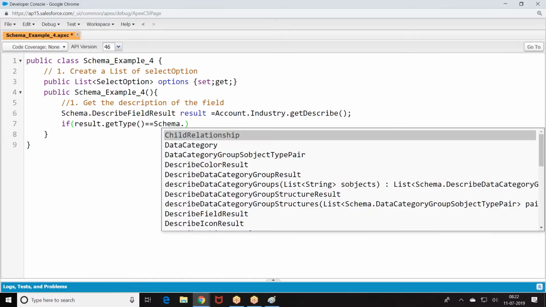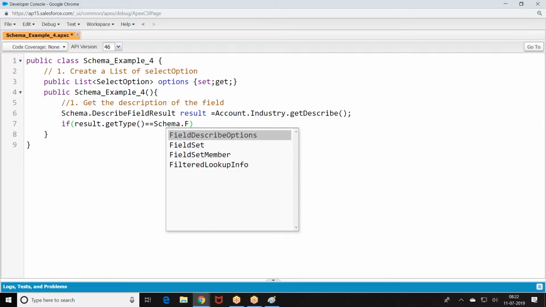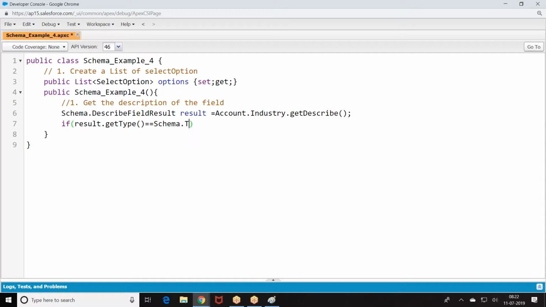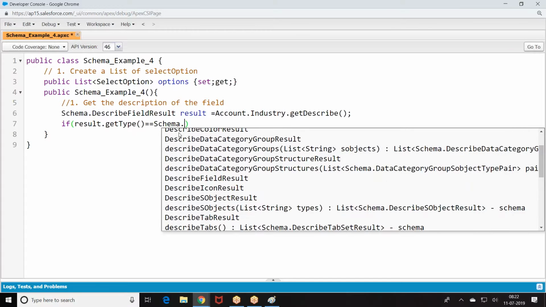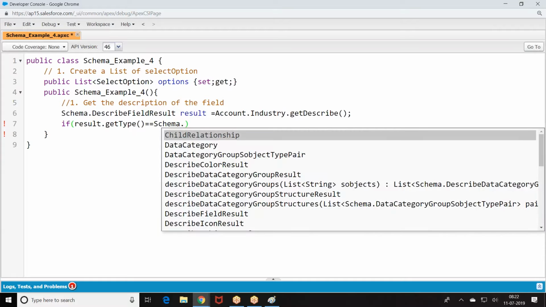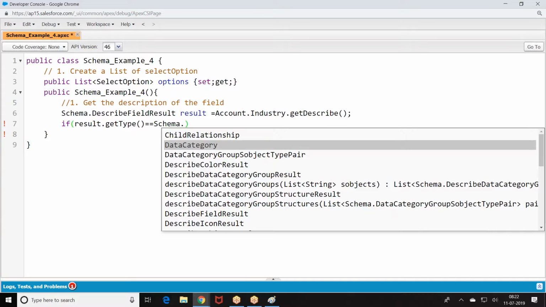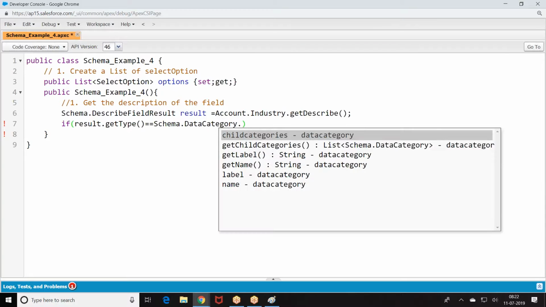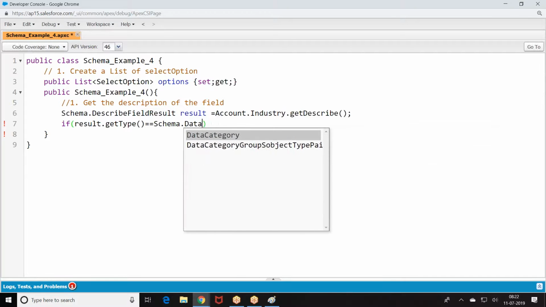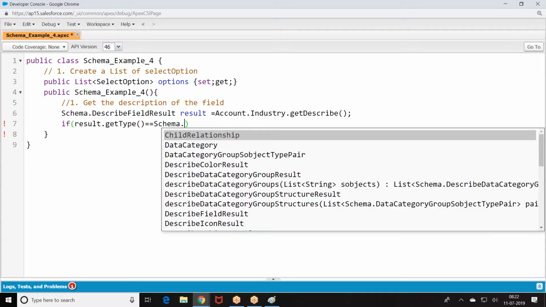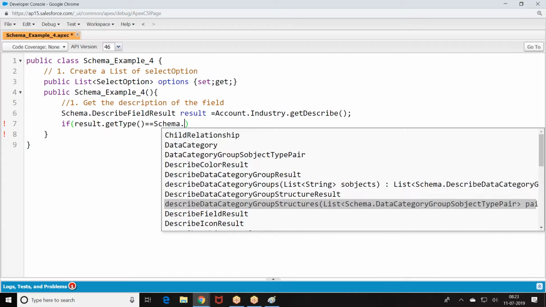Equal to schema dot, there is a word called data category. There will be a data type related class. Describe.